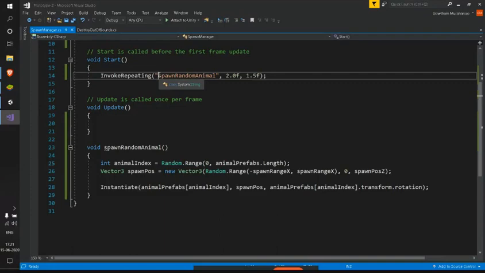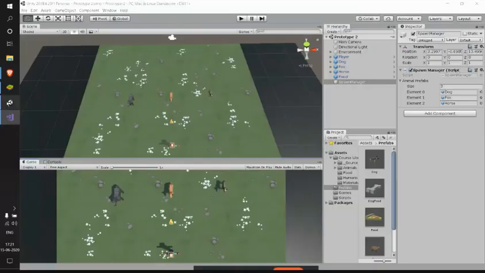So for the first time it will be called when the time is 2. Later on, as we have given repeat rate as 1.5, for every 1.5 seconds from the 2, this method will be called. Let's just test it out and see how cool that would be.